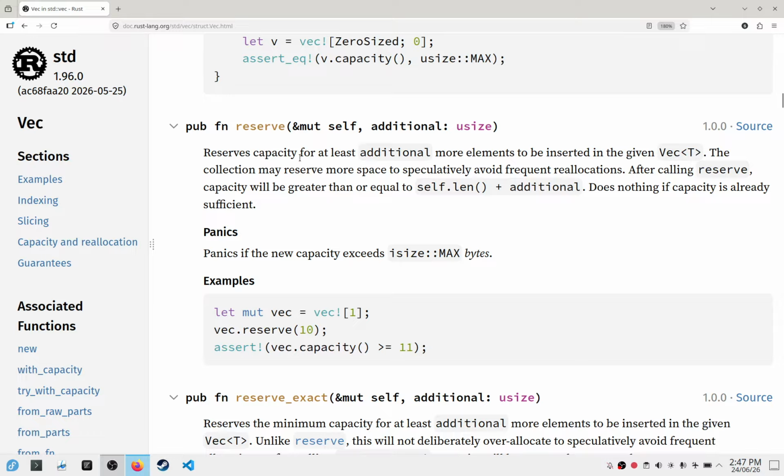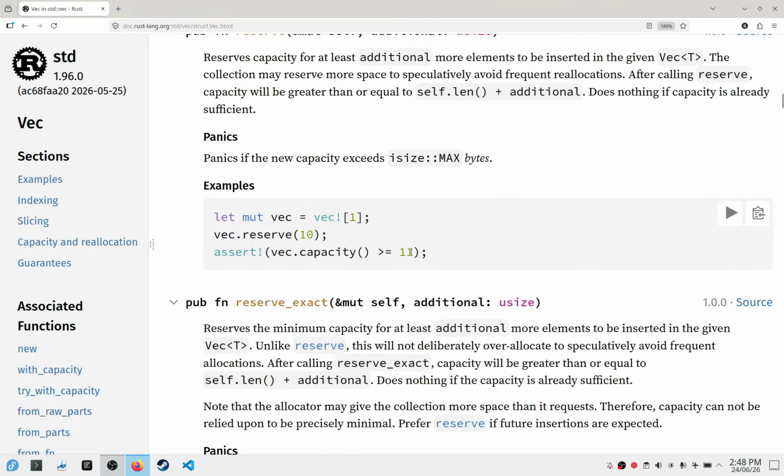Reserve reserves capacity for at least additional more elements to be inserted in the given T. The collection may reserve more space to speculatively avoid frequent reallocations. After calling reserve, capacity will be greater than or equal to self.len plus additional. It does nothing if capacity is already sufficient, and it panics if the new capacity exceeds max bytes. So suppose we create a vector of one element and we reserve 10, then the capacity will be greater than